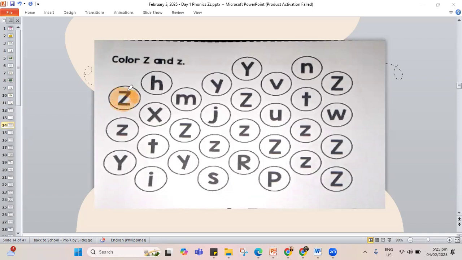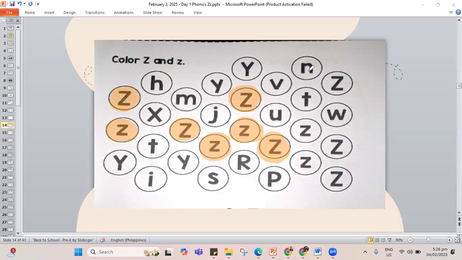So we have 1 and 2 in the first column. How about here? Letter H going down, no Z. Letter M here going down, we have 1, letter Z. Okay, next. From Y going down, we have 1, letter Z. Again, this letter Y going down, I see 1, and then another one here. In letter V here, I see 1 capital letter Z.